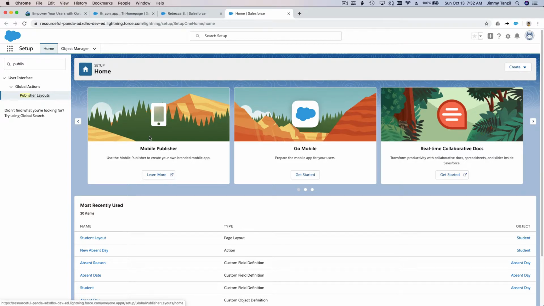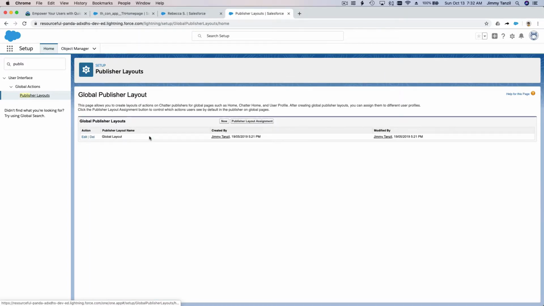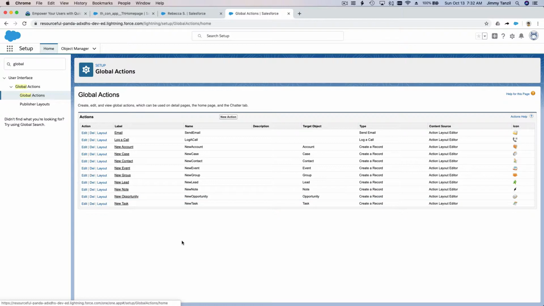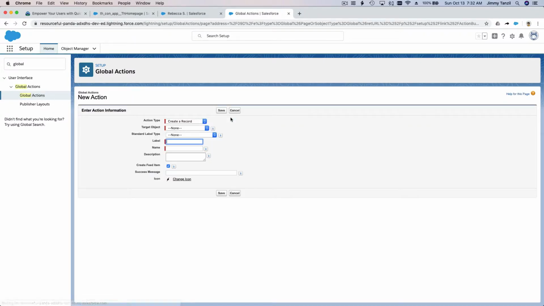And I'm going to create a new global action, right? I want to create a new action. Not publisher, global action. We're going to add it to the page layout later. Global actions, not publisher layouts. This is the second step. Global actions, right? And I'm going to make a new action, and I'm going to name it